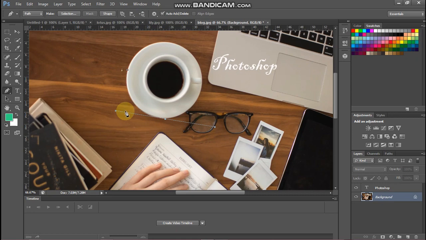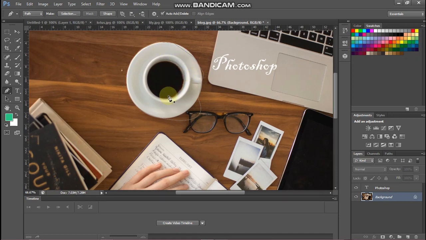Let me tell you, this is a very deep tool, you need to understand this, and this is very important tool. Okay, so just giving you the overview of this thing. So now when I click again at some point, this is going to be curved like this, and if I want to just click, keep clicking, keep clicking, this thing is covered. Okay, I'm just giving you overview. I will make another separate video, the detailed video on the pen tool.